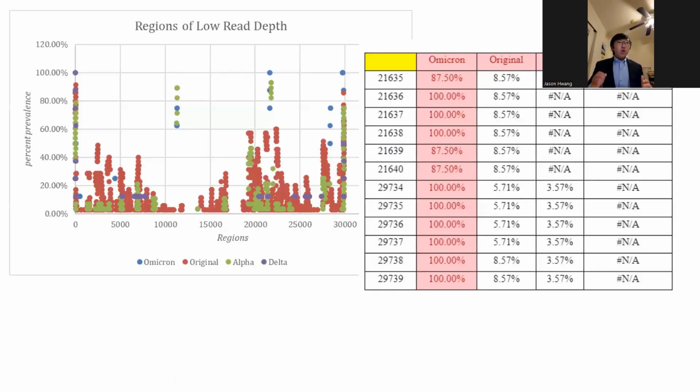A region of low read depth will be a fingerprint of a strain if it appeared in over 80% of samples of the same strain or less than 10% of samples in other strains. Within our data, we were only able to find 12 regions that fit our criteria, which were all in the Omicron variant. However, since only one strain could be fingerprinted and Omicron has a significantly smaller sample size compared to other strains, about 12 compared to 30 per each strain, I concluded that these regions cannot be used to